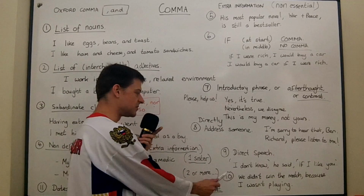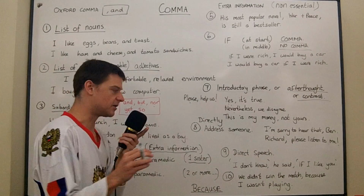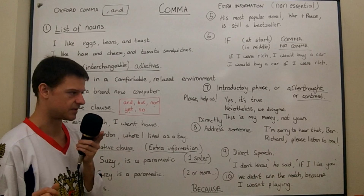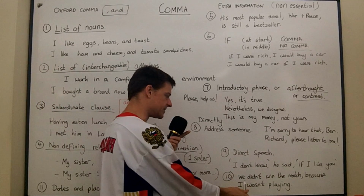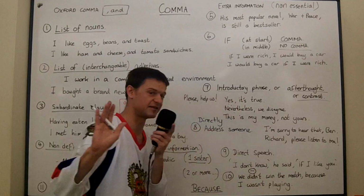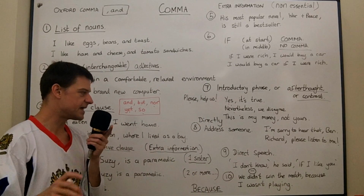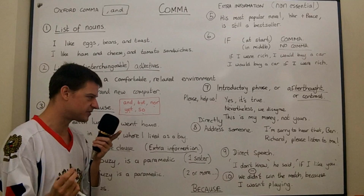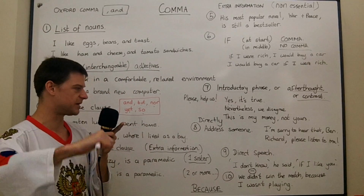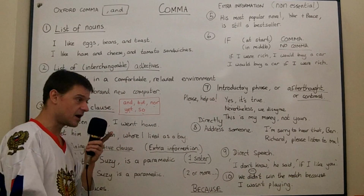Now number 10 is a difficult one, and it involves because. Usually with because we don't use a comma, because the because part is explaining directly the previous clause and it's very closely connected to it. However, in an example like number 10, we didn't. Now I want you to notice it's a negative example. It's when you have a negative clause first that this gets more complicated. We didn't win the match, comma, because I wasn't playing. Now here I'm saying something a little bit arrogant, a little bit boastful. I'm saying that our team didn't win the football match, and the reason they didn't win the football match was because I wasn't playing. However, if I take away this comma, we didn't win the match because I wasn't playing,